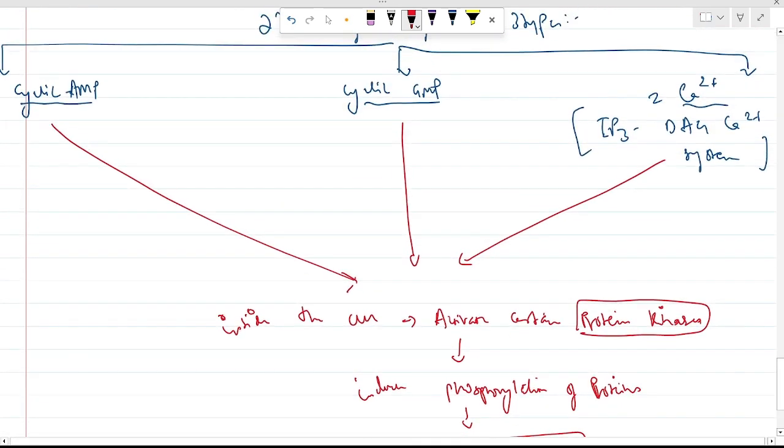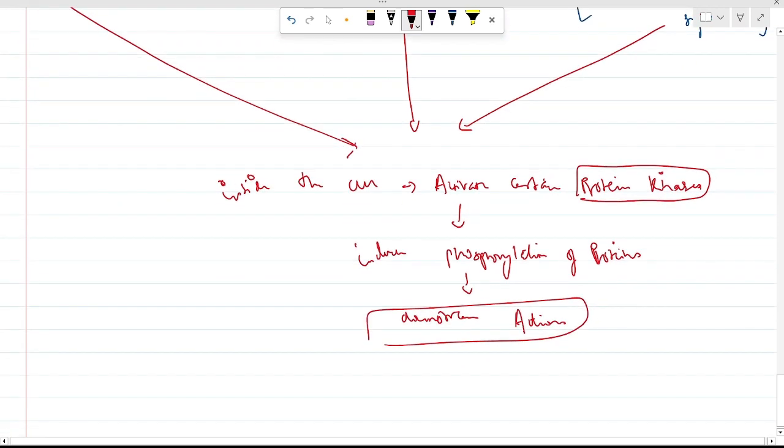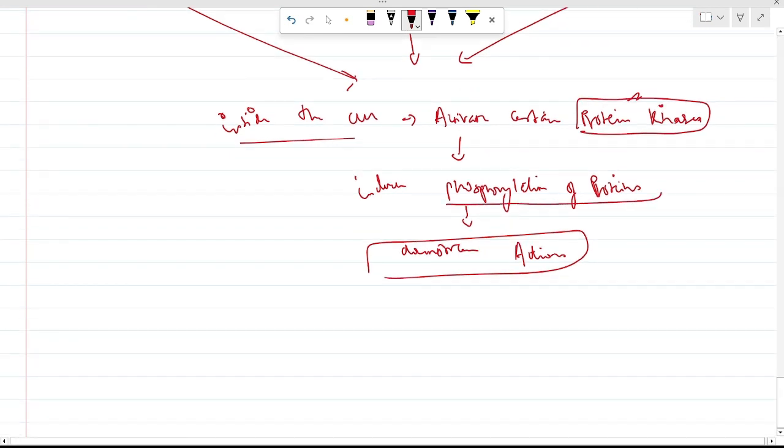So the second messenger system, the cyclic AMP, cyclic GMP and calcium, goes inside the cell and activates certain protein kinases. These protein kinases are enzymes. These are activated, which then induces phosphorylation of the proteins. Phosphorylation of proteins leads to formation of phosphoproteins, as we know, and it leads to downstream actions. Certain actions are performed, which leads to the effect of these hormones. That depends on the second messenger system of action.